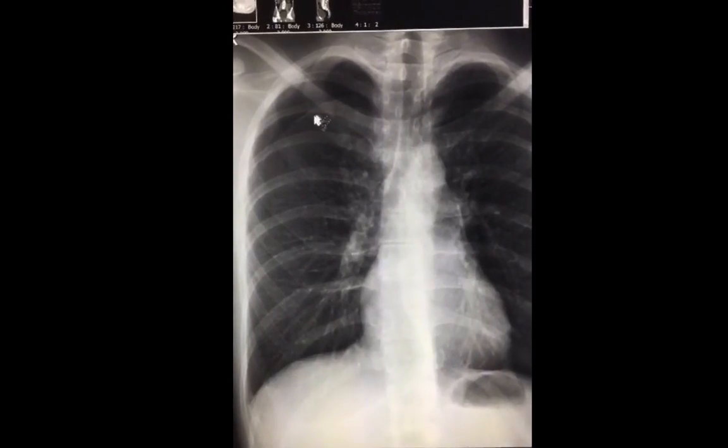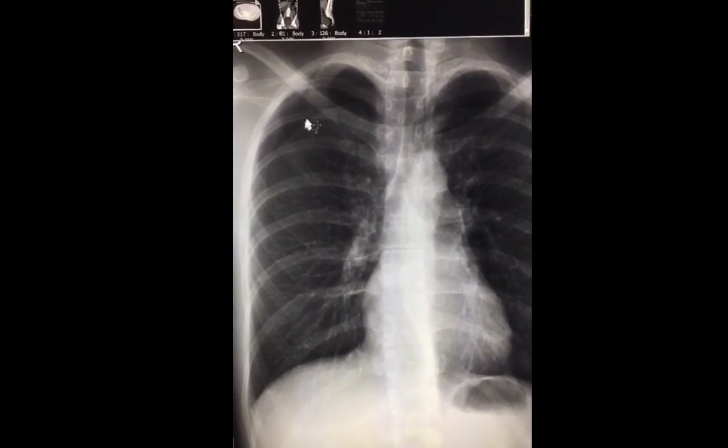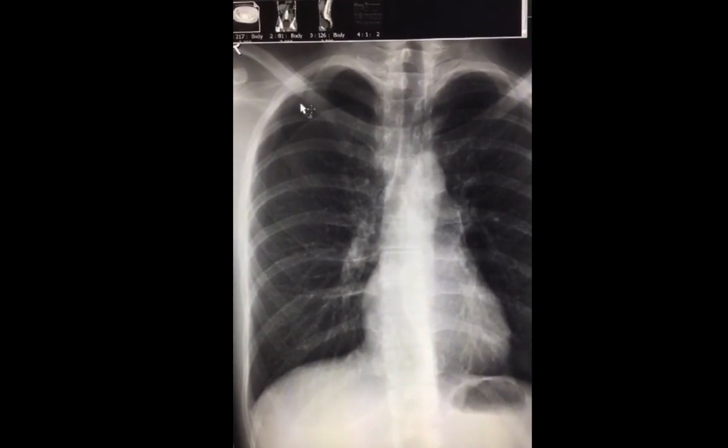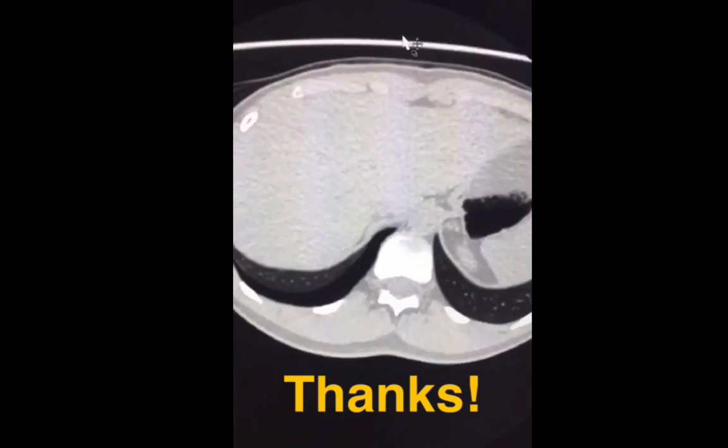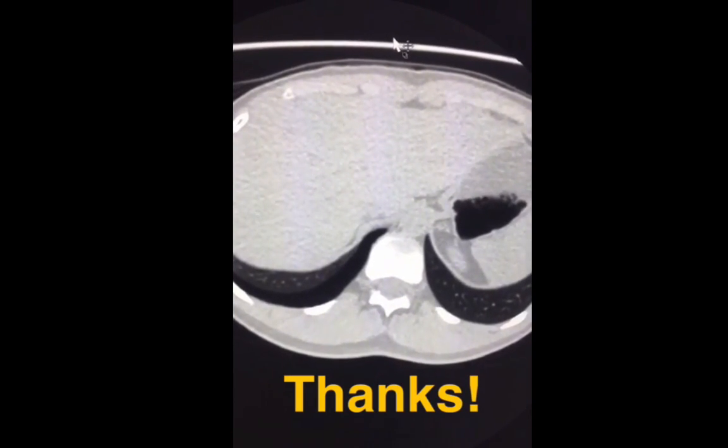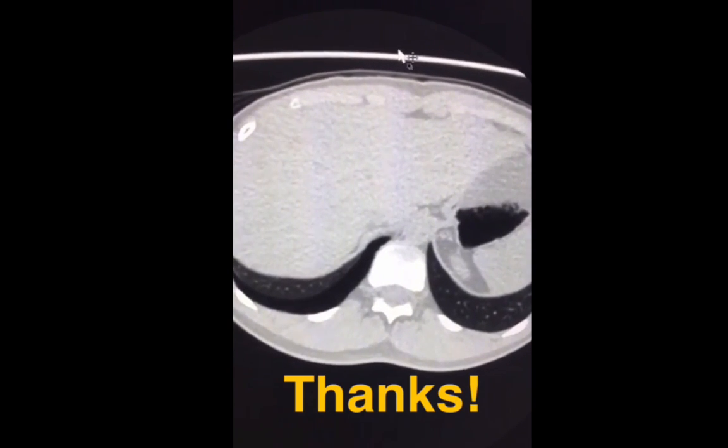And this is his subsequent chest radiograph showing a visceral pleural line and lack of lung markings beyond that line, consistent with the expected pneumothorax. So the quick teaching point is to look at everything on a CT scan, and that includes the lower lungs on a